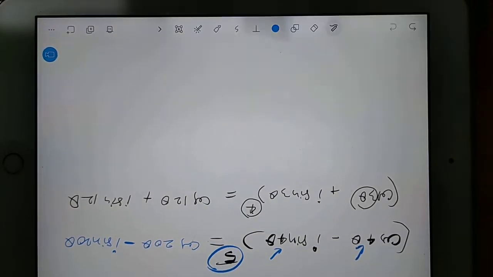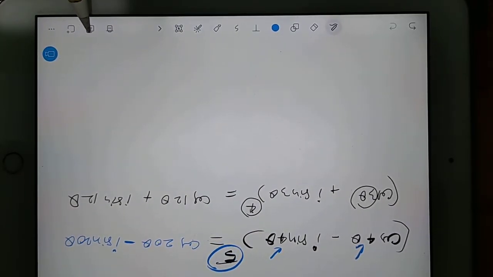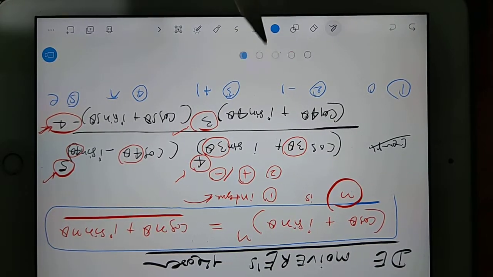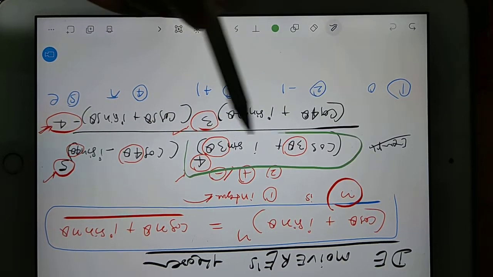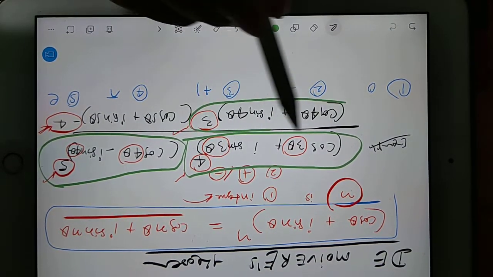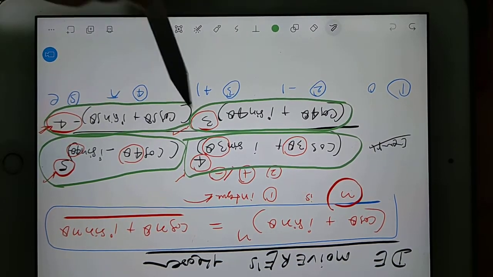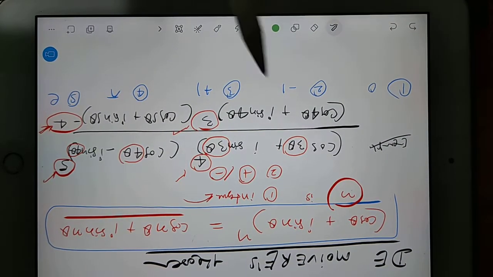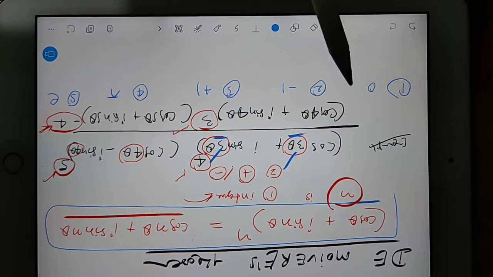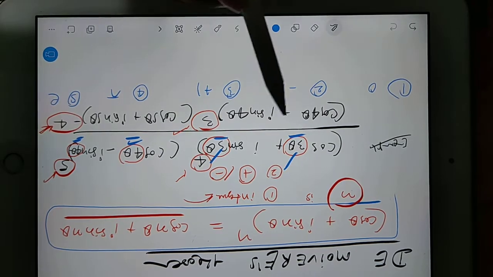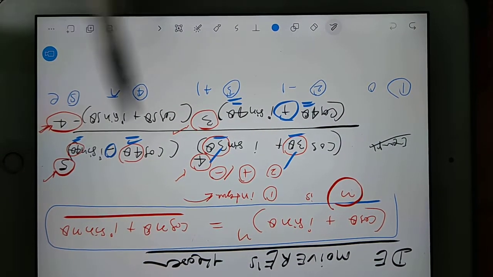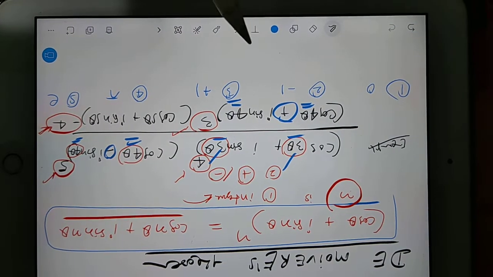And then we have one more thing. All the 4 brackets you see here, this bracket and this bracket, they are in multiplication. We cannot cancel them. Why? Because the angles are not the same. Here we have 3 and 3, here we have 4 and 4, but here we have plus sign. Here also we have 4 and 4, but here we have minus sign. So we are not able to cancel any bracket.